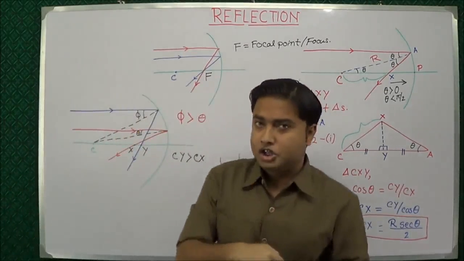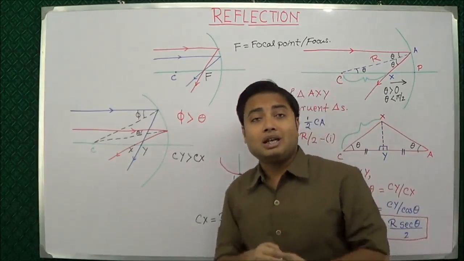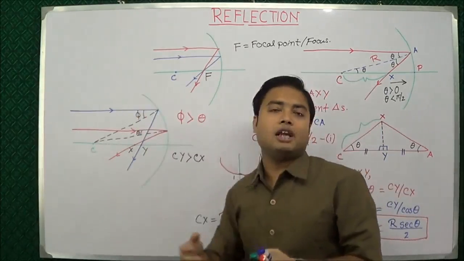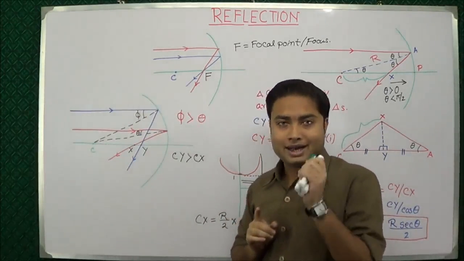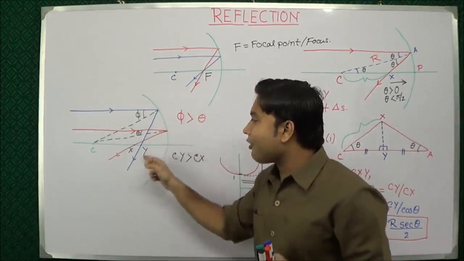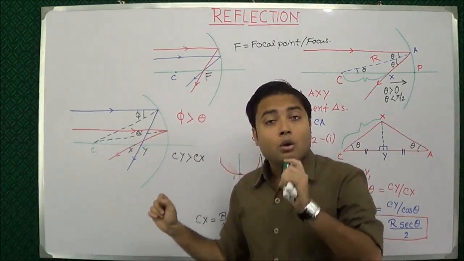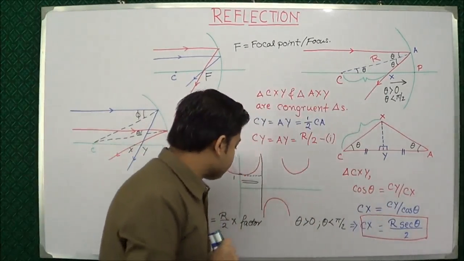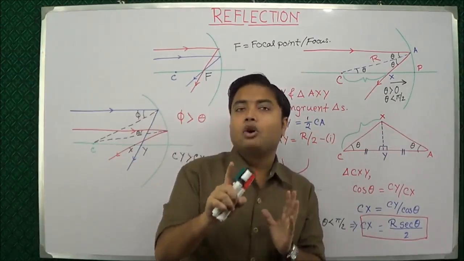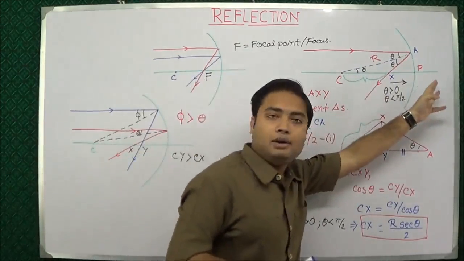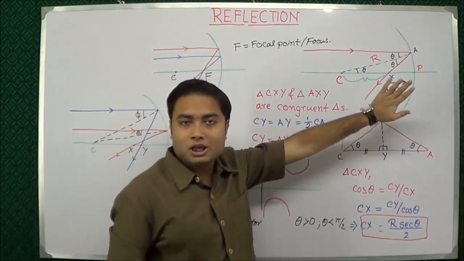So if the aperture is not, say for example, small, in other words, if this curvature is very, very high, in this particular scenario we can say that yes, these reflected rays are not passing through the same point. And why is it so? This is because the value of theta is changing. But if, say for example, this has a very low aperture, which obviously means that this curvature is not so big,